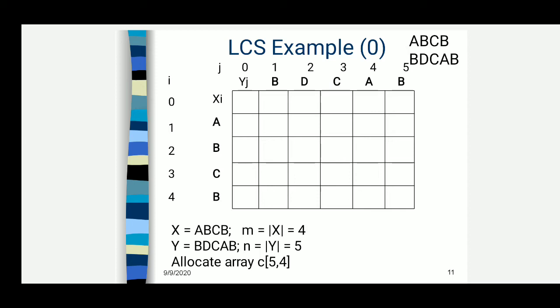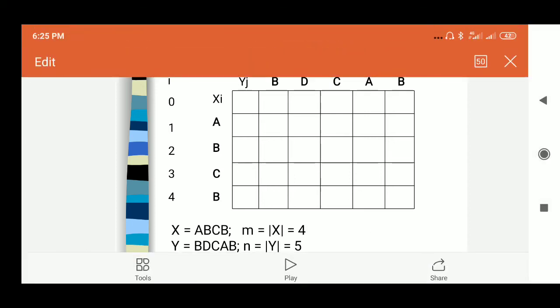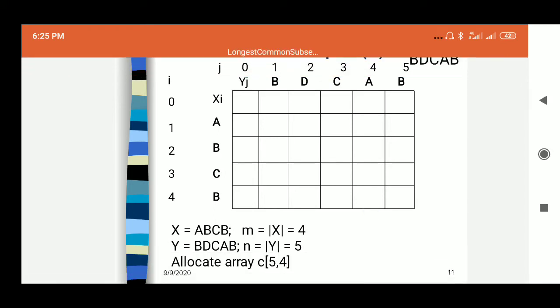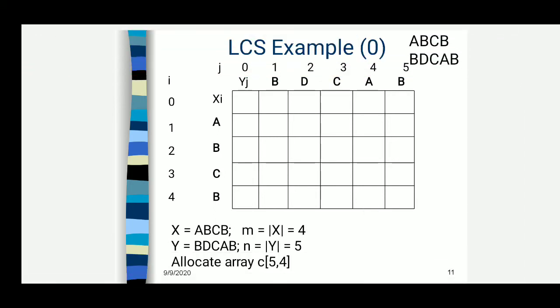So each cell will give you the length of LCS according to the current consideration for sequence X and sequence Y. And in dynamic programming, we always do it in a bottom up manner,